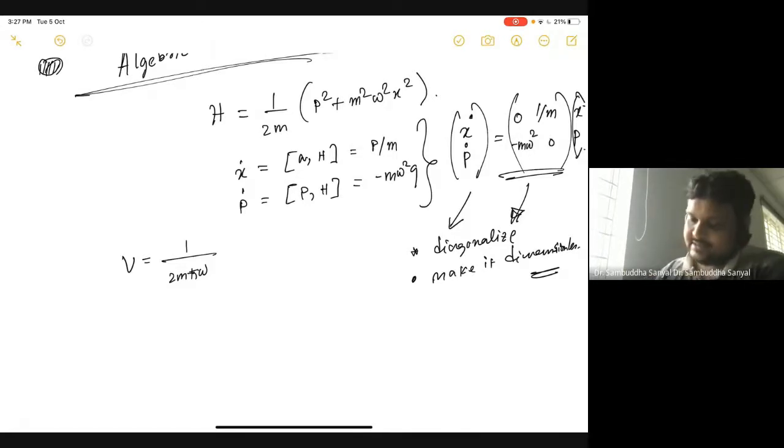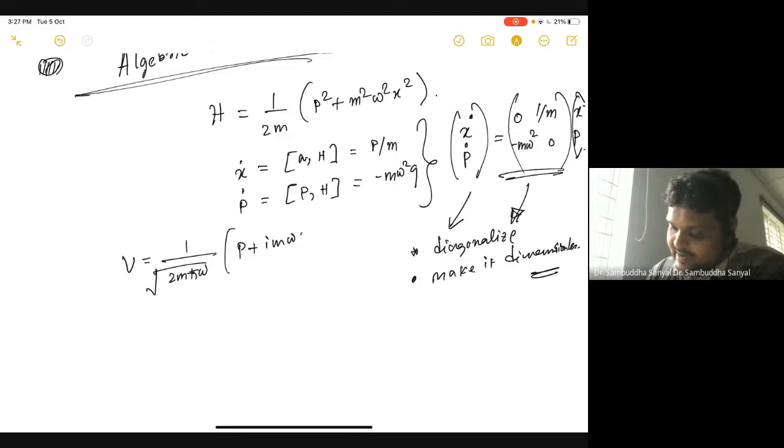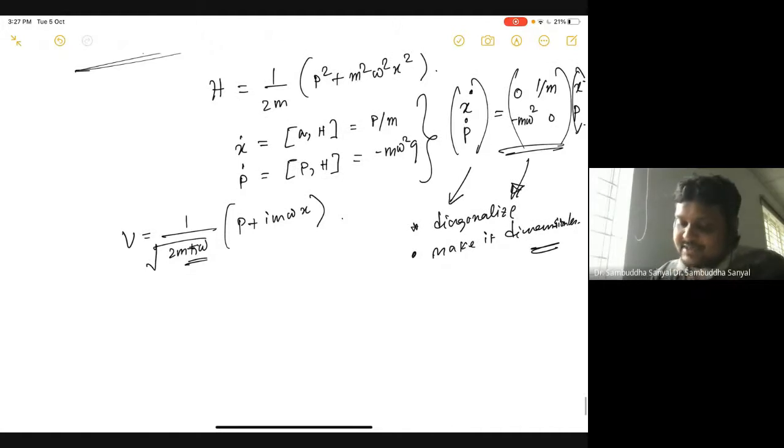So I do this transformation, p plus i m omega x. Now you might wonder why I brought in an h cut when I'm doing a classical mechanics problem. For the time being, let's just assume it's some object with a dimension of energy. Let's not call it h cut, but we'll see that if we do call it h cut, everything looks much simpler. It is some constant with dimension of energy, which we know to be h cut.